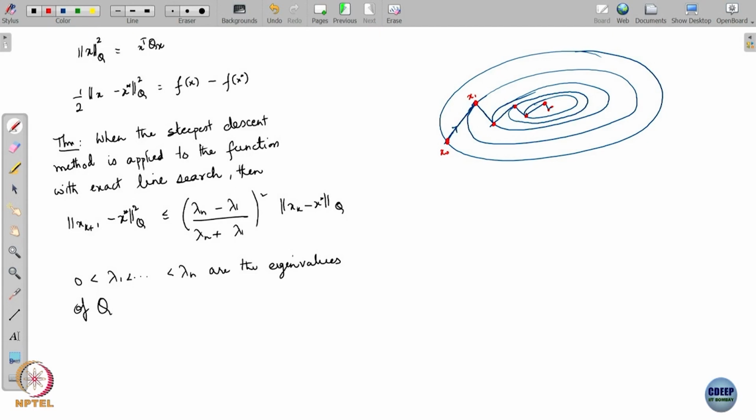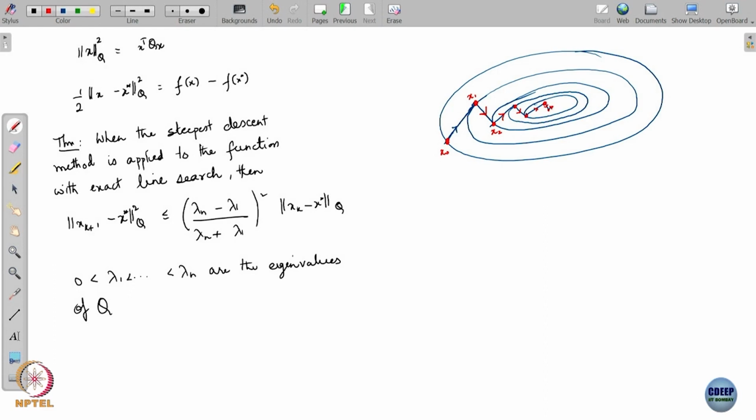Then it again goes in the direction of the negative gradient, minimizes the function along that direction, reaches point x 2, then again goes along the negative gradient at x 2, etc. Right. So, this is what happens when you apply steepest descent